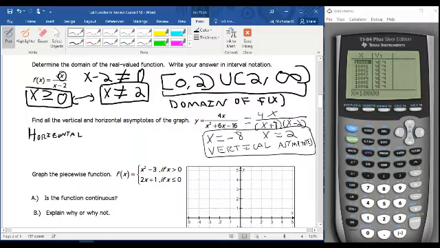You can also look at this by end behavior. You can have a horizontal asymptote at y equals 0. Now, why would that be the case? Just want you to think about it. You have 4x as your highest degree term in the numerator and x squared as your highest degree term in the denominator. So as x becomes